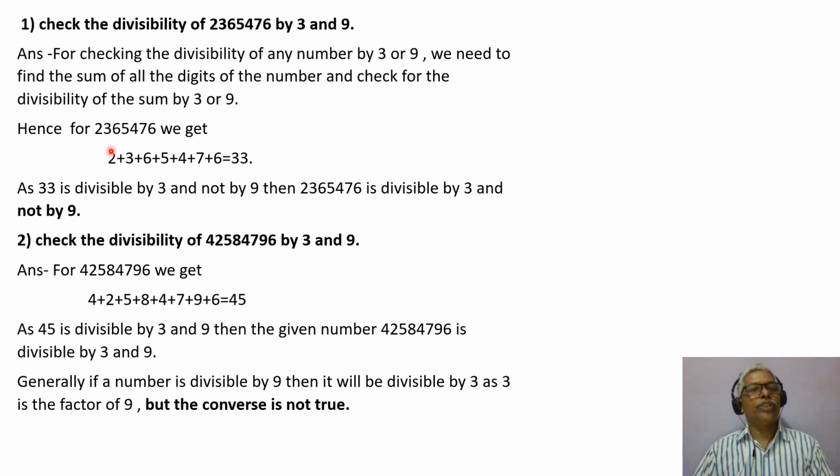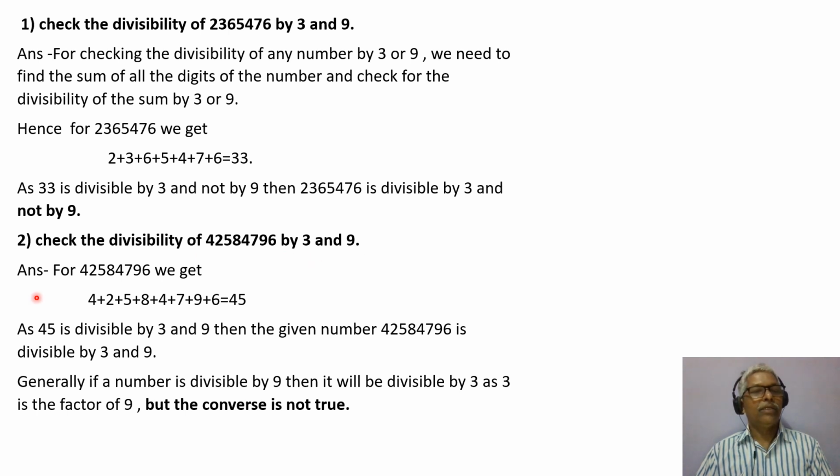We have seen this in the divisibility test. Hence, for 2, 3, 6, 5, 4, 7, 6, we get 2 plus 3 plus 6 plus 5 plus 4 plus 7 plus 6 is 33. As 33 is divisible by 3 and not by 9, the whole given number is divisible by 3 and not by 9. Okay, very simple test. Second one, check the divisibility of 4, 2, 5, 8, 4, 7, 9, 6 by 3